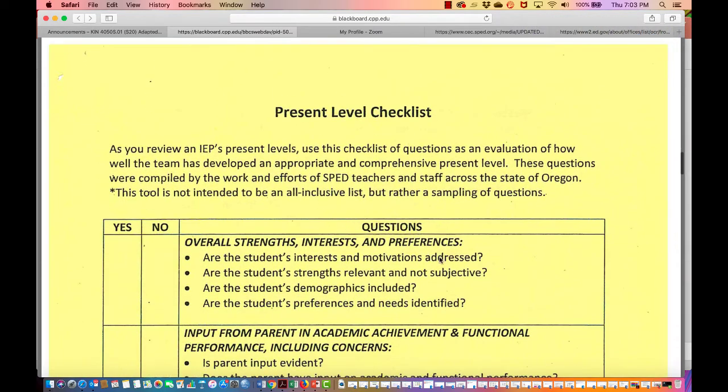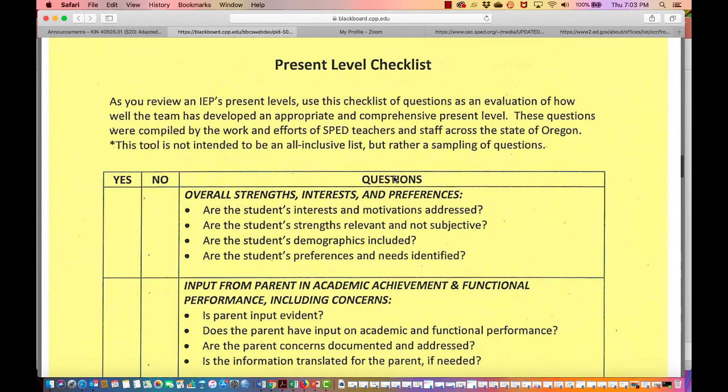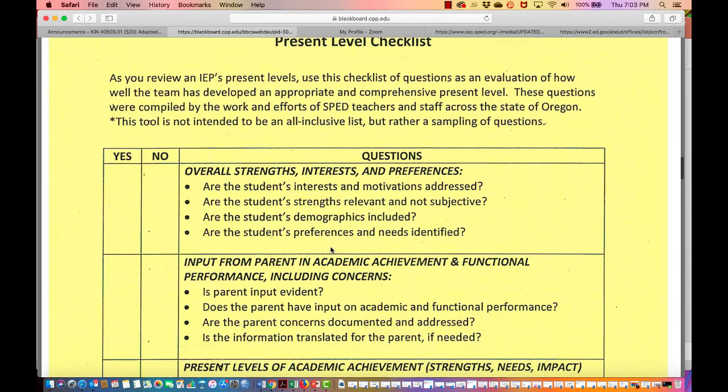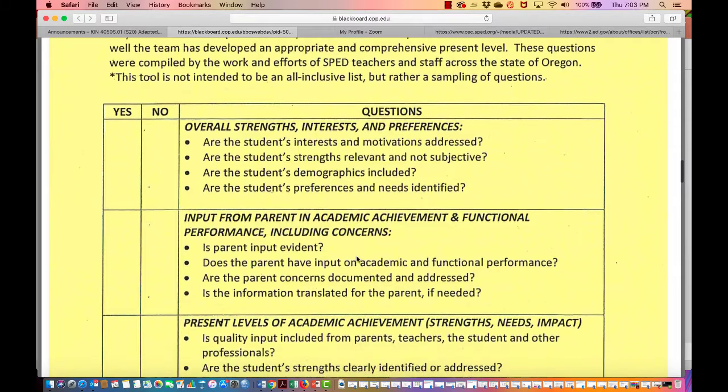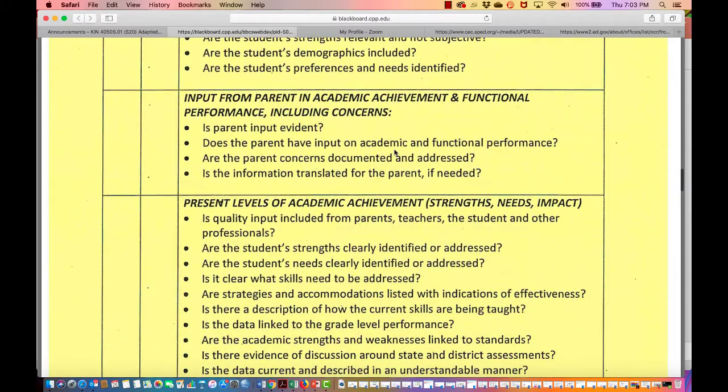Then it has a present level checklist. So again, you don't need to go this in depth. This is just a resource for you. So when writing your present level, you're going to be thinking about their strengths, their interests, their preferences, any concerns